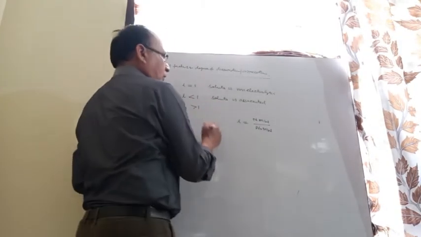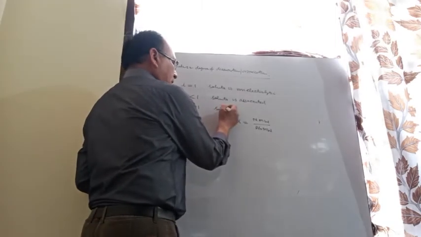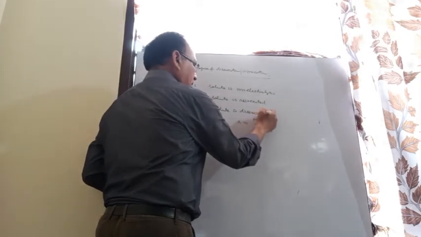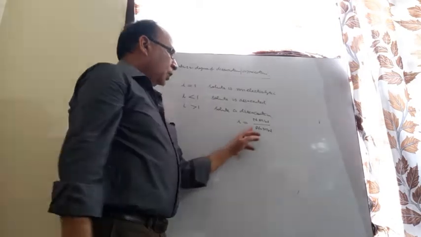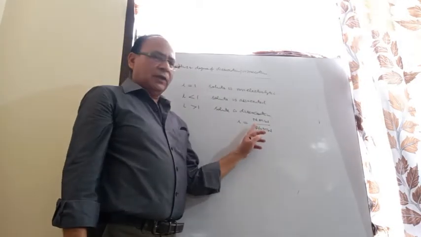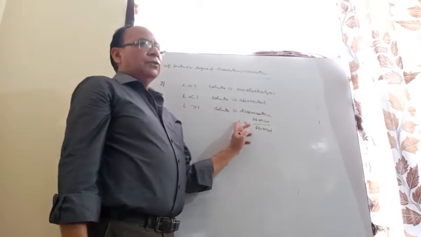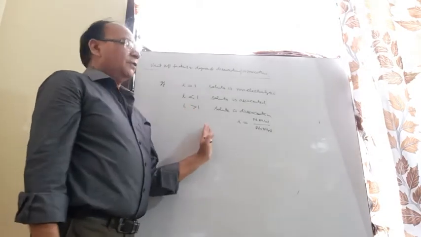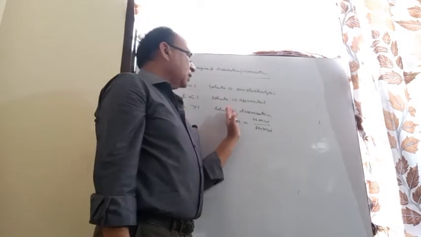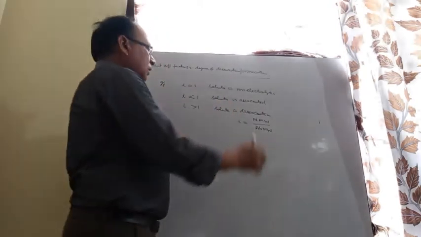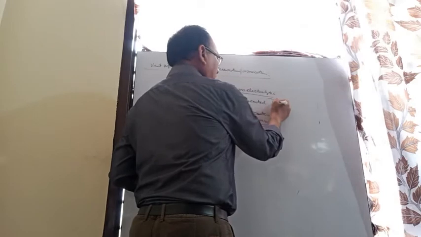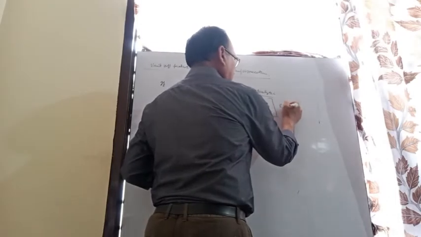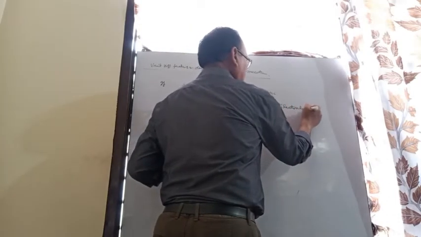If the value of i is more than 1, then the solute undergoes dissociation. Similarly, if the molecule gets dissociated, the abnormal molecular mass will decrease and the value of i will increase. So on the basis of the value of i, we can determine whether a non-volatile solute present in the solution is electrolytic or non-electrolytic in nature. If it is non-electrolytic, i should be 1. If it is electrolytic, i may be less than 1 or more than 1. This question about electrolytic solutes has been asked many times.